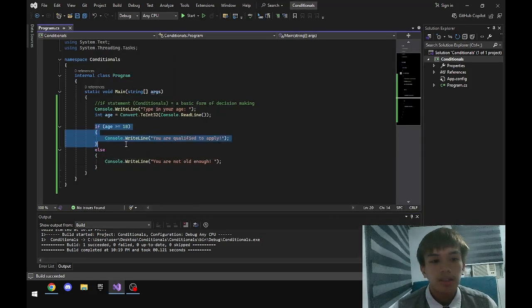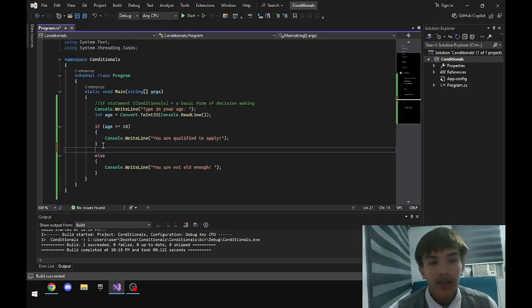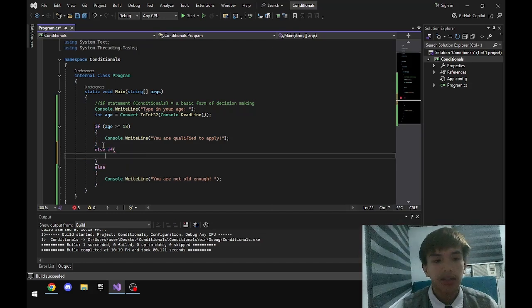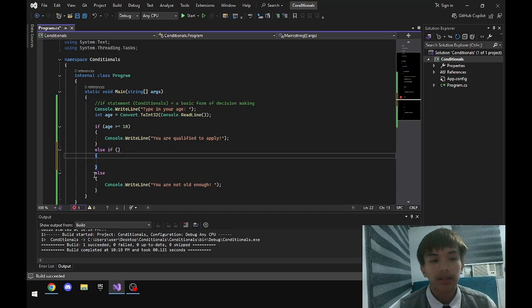Basically, this if statement is our true, and this else statement is our false statement. And we will next be discussing what comes after that. In between if and our else statements, you can type in an else if statement. And what this does is it lets us put conditions before it runs into our default program.